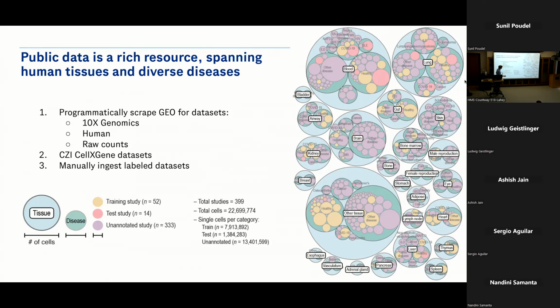All in all, there are 399 studies, spanning a really wide range of different diseases, tissues, and conditions from the human body. Like I said, some of these have labels, and I'll be splitting these into training and tests. Then largely from GEO are these unannotated studies. These will come into the story later as a reference data set. When we want to do our cell search and see which cells this is similar to, these won't factor into model training, but they will factor into the reference set that we can search against.